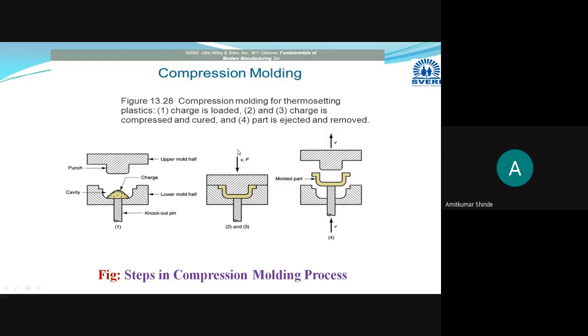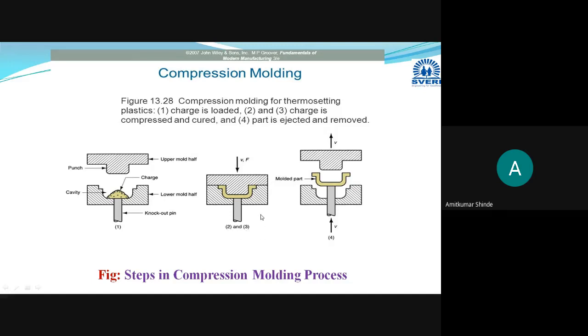The pressure is applied, and now here you have to give some time, as the thermosetting materials have the nature that after providing the heating it softens, and after some time it hardens. The time required to harden that component will be termed as the curing time. The two stages occur here, pressing and curing.